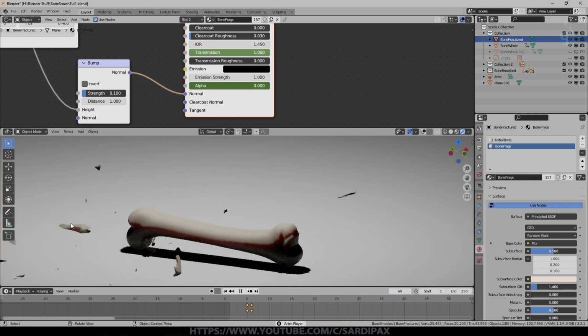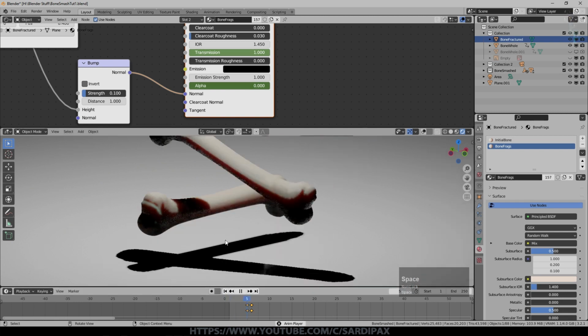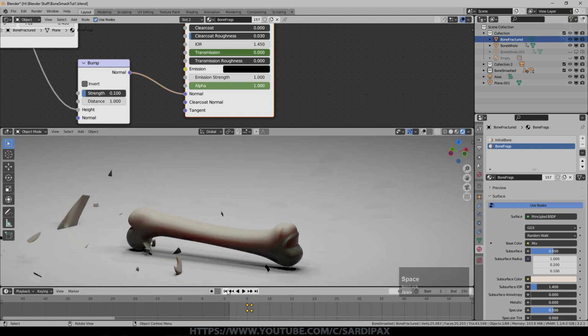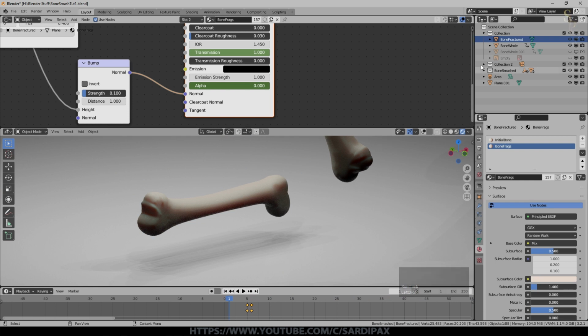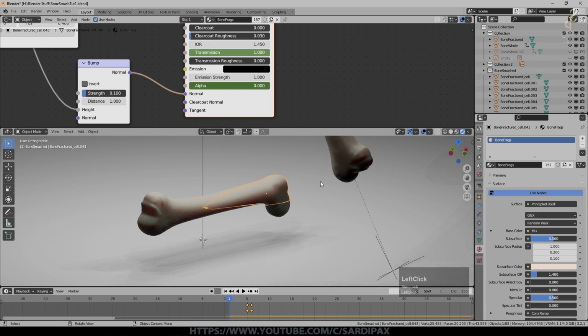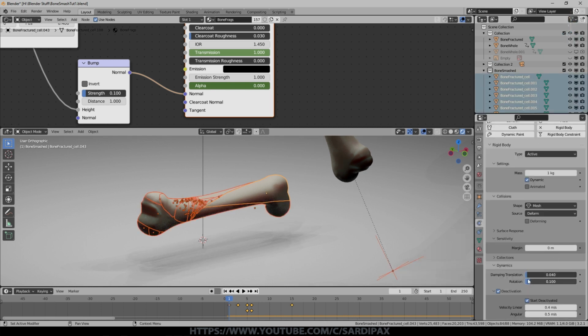Now you notice we are getting a few little strange artifacts here as well in terms of the movement. And you can help to deal with that if we go to our bone fragments. I'll select that bone fragment there. We'll select all the objects, but that's our main selected object. And what you can do is apply some damping, both to translation, which is movement, and to rotation. That will start to take some of the energy of movement out. And you can also increase these numbers, which basically mean when the velocity or angular velocity, rotation in other words, falls below this number, this is meters per second, the object will just stop moving. It's no longer going to do that. So you can play with these, and that will help with that.